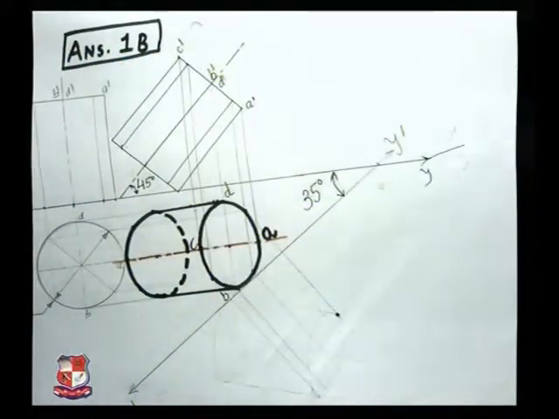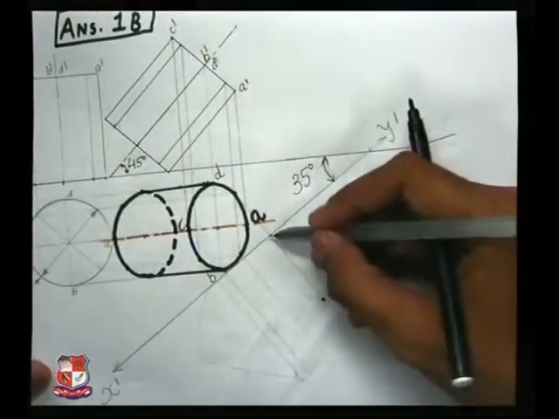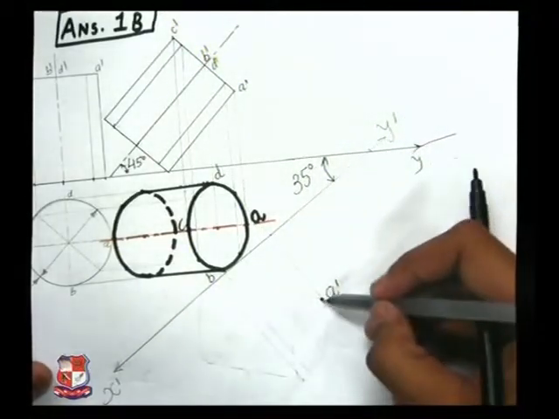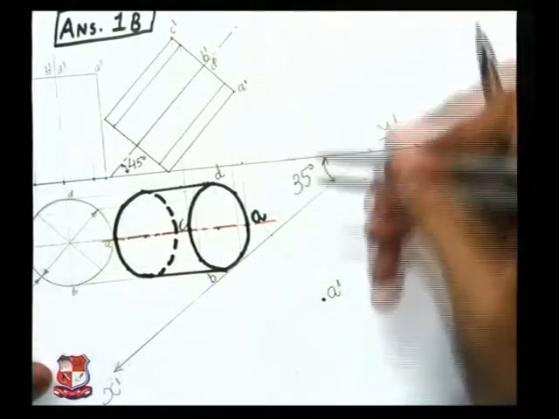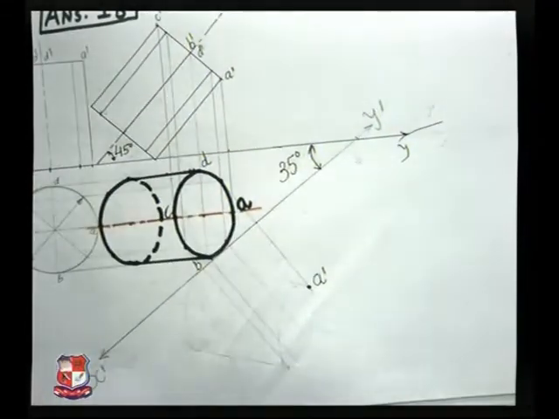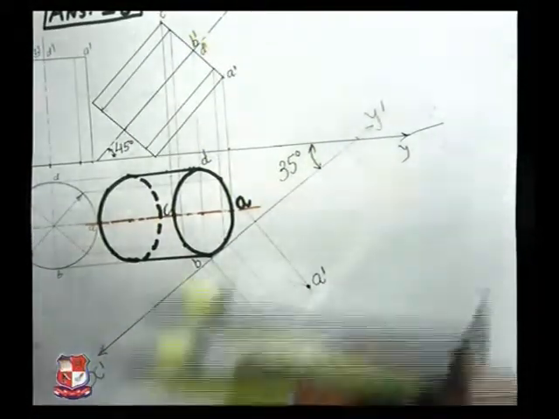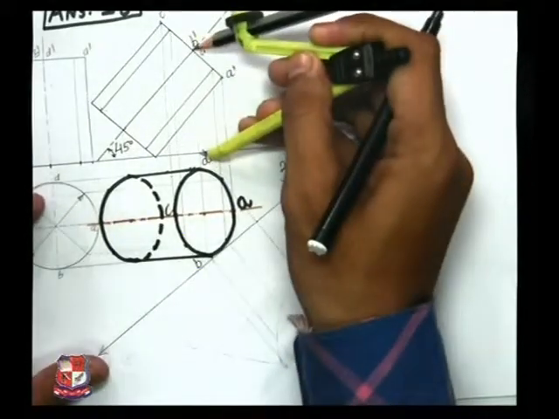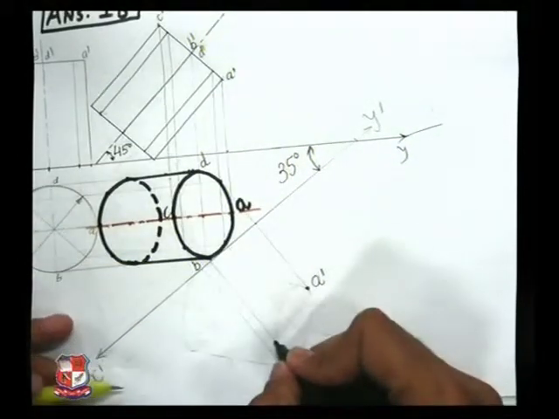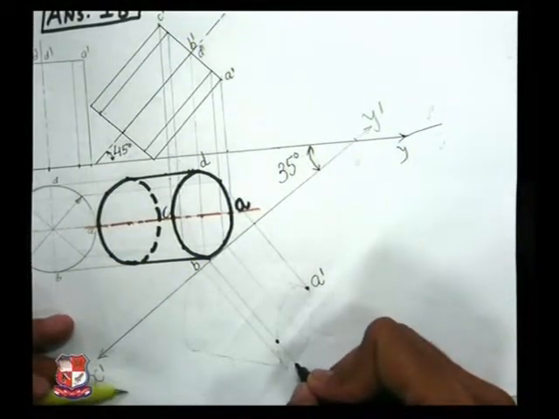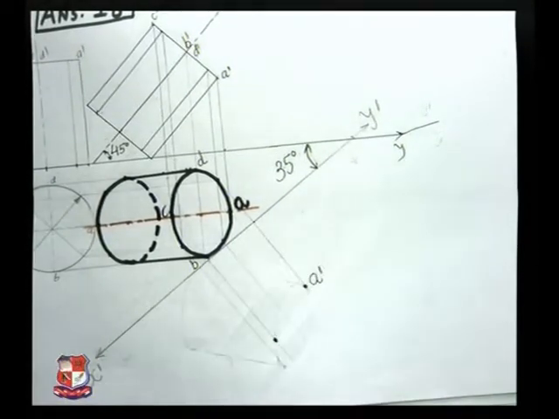Here is point A or A dash. In short, this distance from X dash Y dash line to this point would be similar to distance from this point to A dash. Both would be same. So this is point A dash. Similarly locate point B. So for that, from B draw a line, measure the distance of point B from XY line like this, measure this distance, cut an arc on this side. From here cut an arc. So point B would be somewhere here. It would appear somewhere here. This is point B.